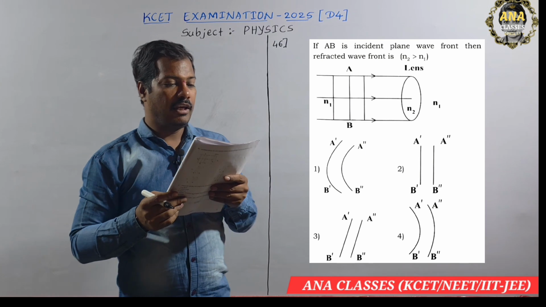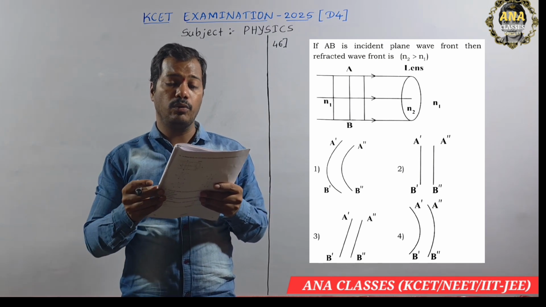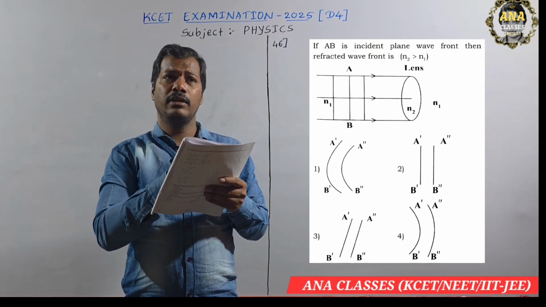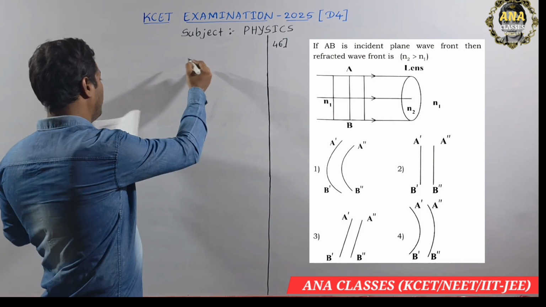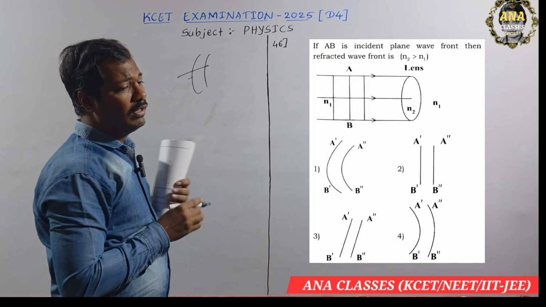Question number 46. If AB is the incident plane wavefront refracted, the wavefront n2 is greater than n1, so it bends away from the normal. Option 1 is correct here. So they come like this because the curve is like this. Refraction happens, which means it bends away from the normal. Next question number